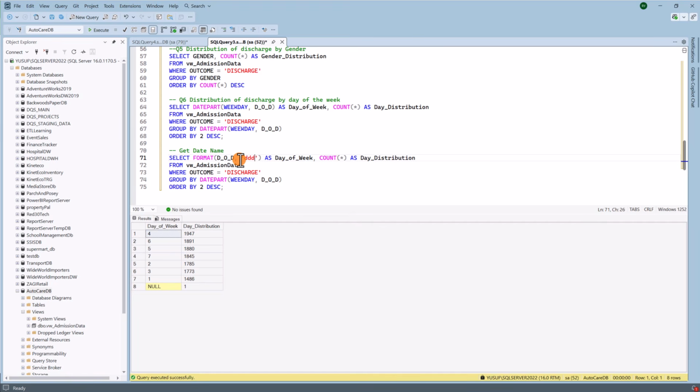Say for example, Monday will be MON, Tuesday will be TUE, things like that. And then we'll copy this formatted, and paste it into our group by, because this is what we need. And once we have that,